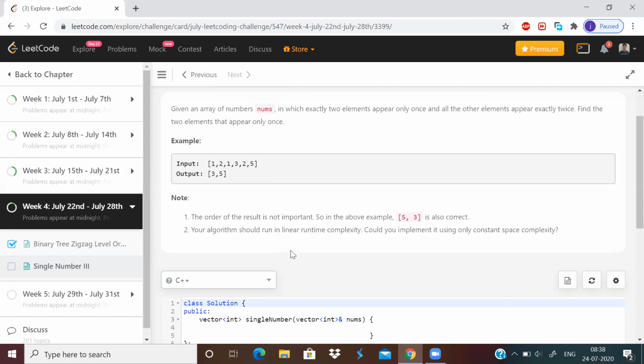Linear time complexity means order of n, where n is the number of elements present in the array. And about the space complexity, it is saying, could you implement it using only constant space complexity? So you just need to use constant space complexity, which means order of one.